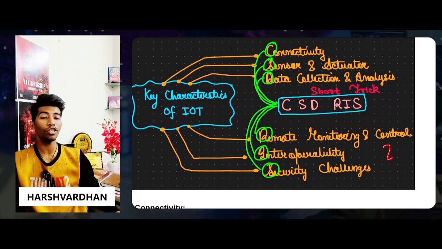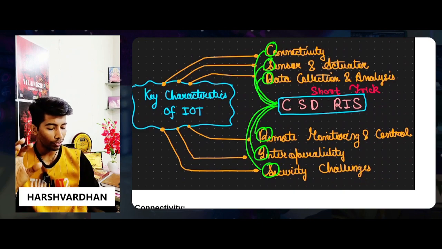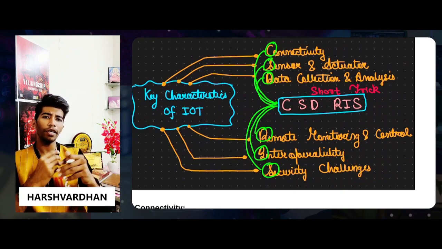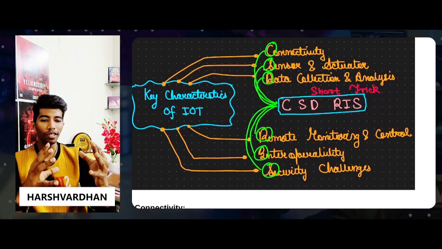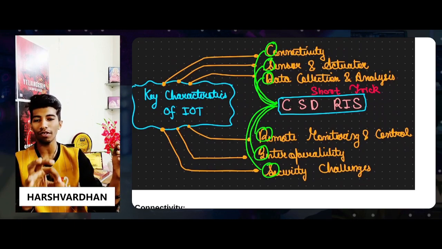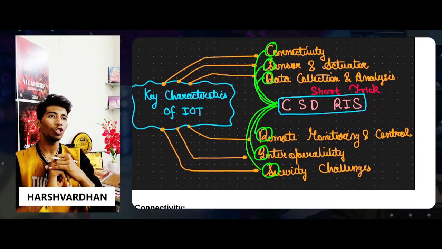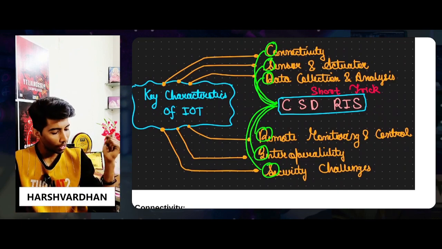Interoperability and security challenges are also major points when it comes to IoT devices, because interoperability works like this: all the devices should work in a synchronized way as possible so that it can create a massive impact on the customers. So without interoperability, nothing is going to work, right?